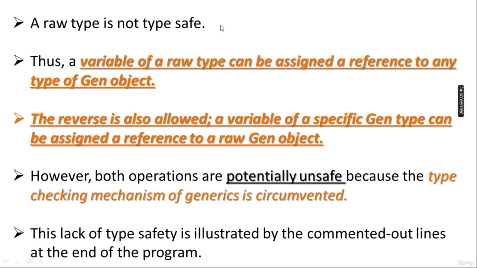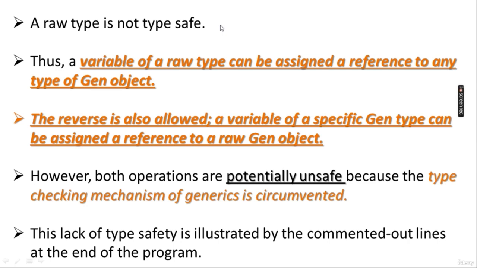Okay, it will give you errors that may occur at runtime. It will give you those errors at compile time itself. So if you are casting some incompatible types, or working with any type that has a bound greater than the upper bound, it is checked at compile time itself. But in this raw type, which is the pre-generic code we are operating upon, it is potentially unsafe with regard